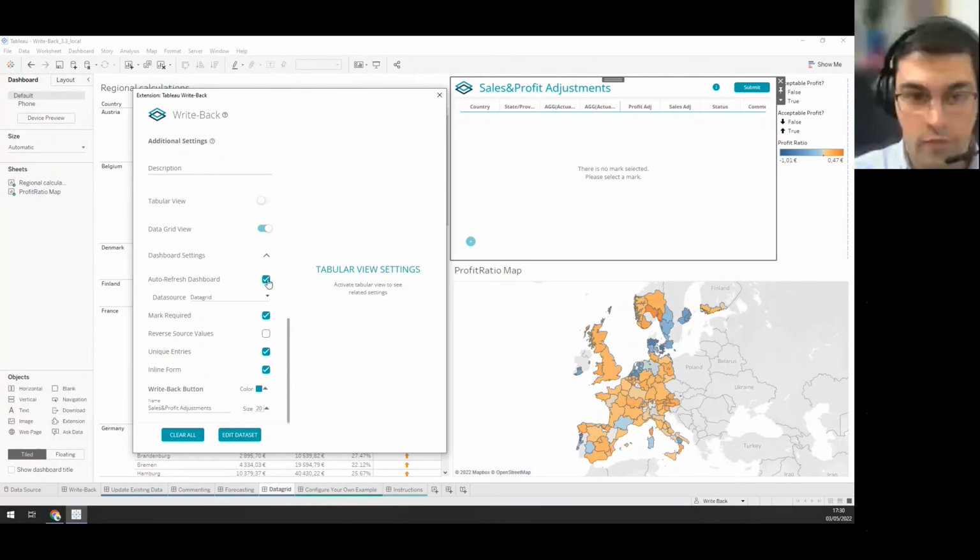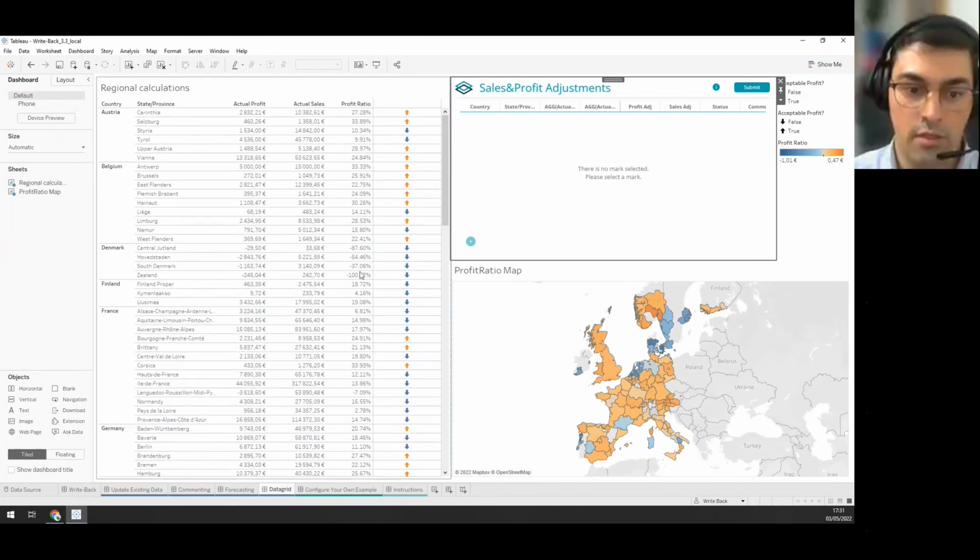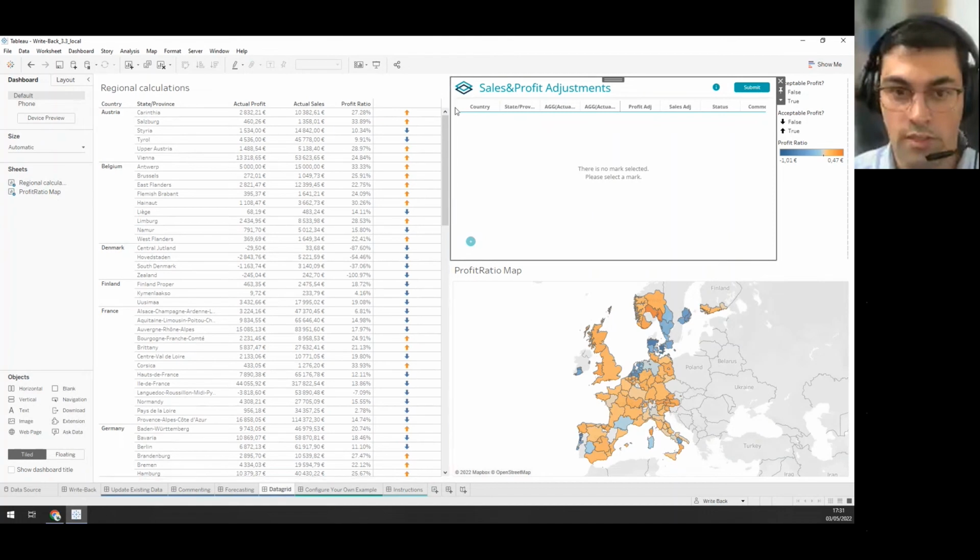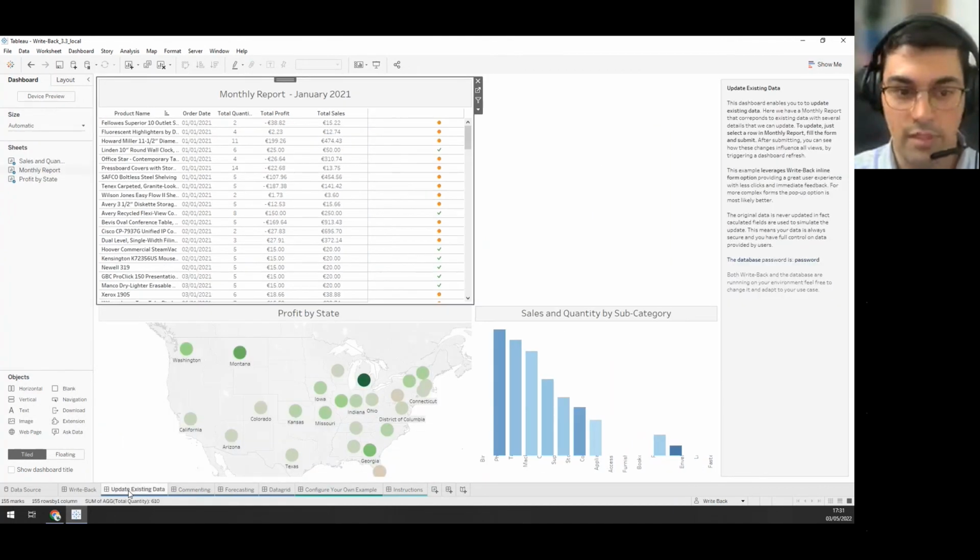And the auto refresh we saw in pretty much all of them, where data gets refreshed when we submit something. Now, the mark required, we also saw the difference. We saw how it works in the commenting example. And lastly, the unique entries, it's the one that we see in place here,